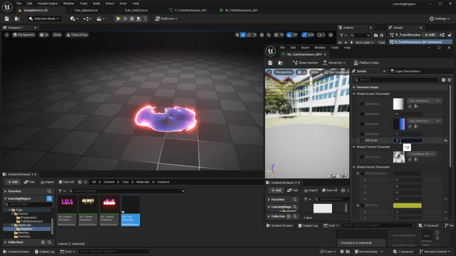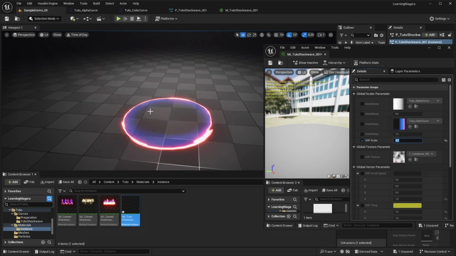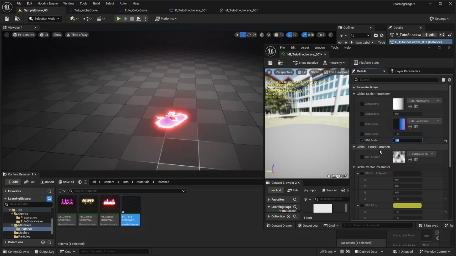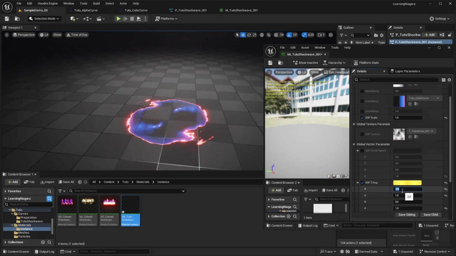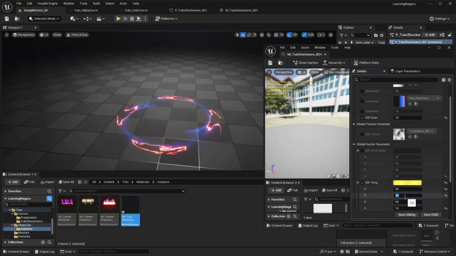If I decrease it, you will see that it will be a round shockwave, but I want something with more noisy stuff. So this is good. And for the tiling, maybe on the X channel 2 and the G maybe 0.5. Yes, it's better than before.